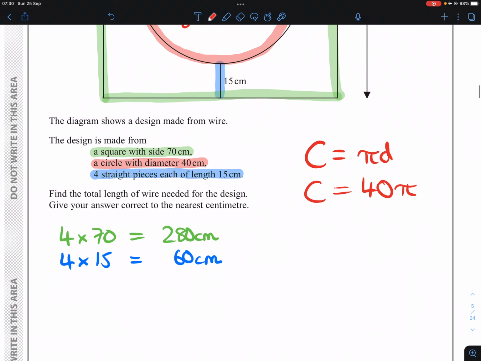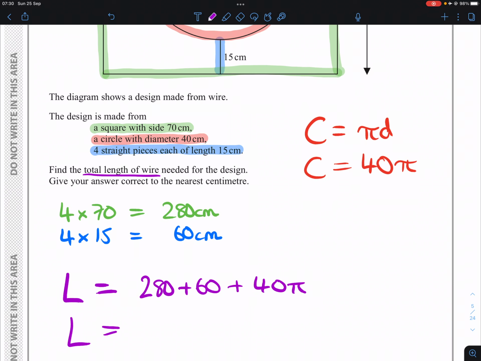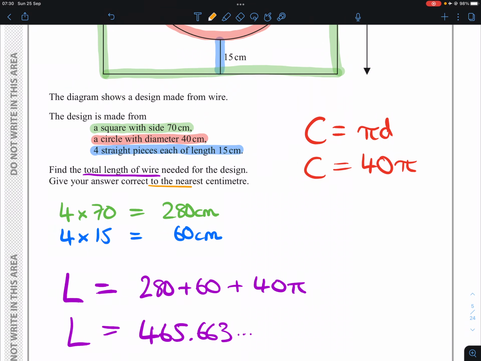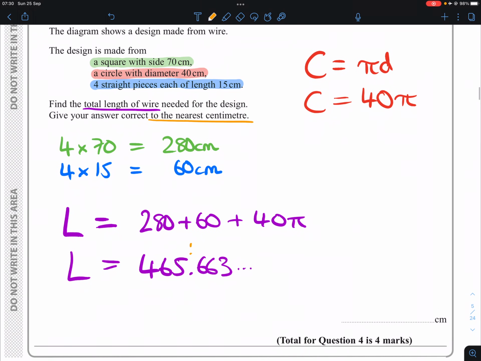So our total perimeter here, our total length of wire, let's just highlight it here, we'll just call it L, is going to be this 280, this 60, and this 40 pi added together. And that's what I would then type into our calculator, which will give us 465.663 and change. Of course, this question wants it to 1 decimal place. No, it wants it to the nearest centimeter even. So the rounding is going to happen here, giving us